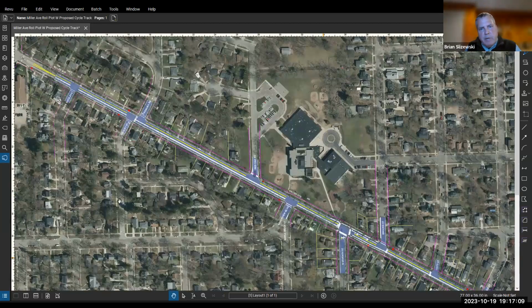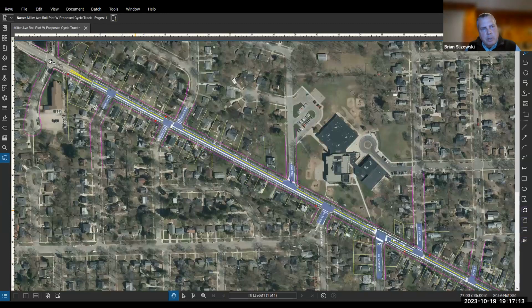So there's newer main that we need to connect to right at Newport, right at the intersection. And then going on the east side of the project, right at Chapin is where we need to connect to the rest of the system. So that's the extent of the water main work. Okay.